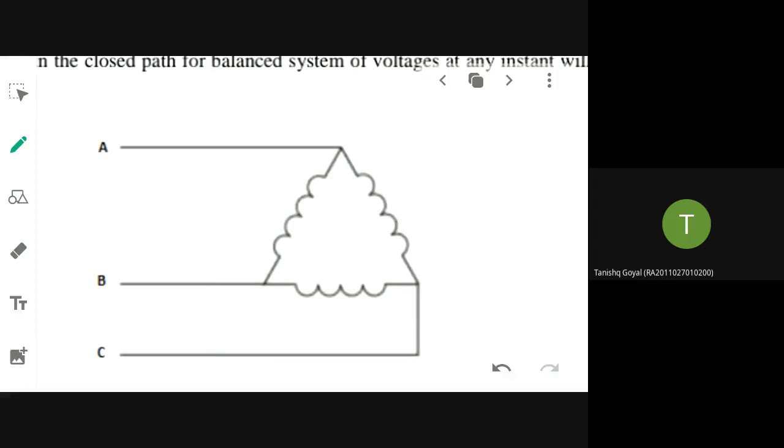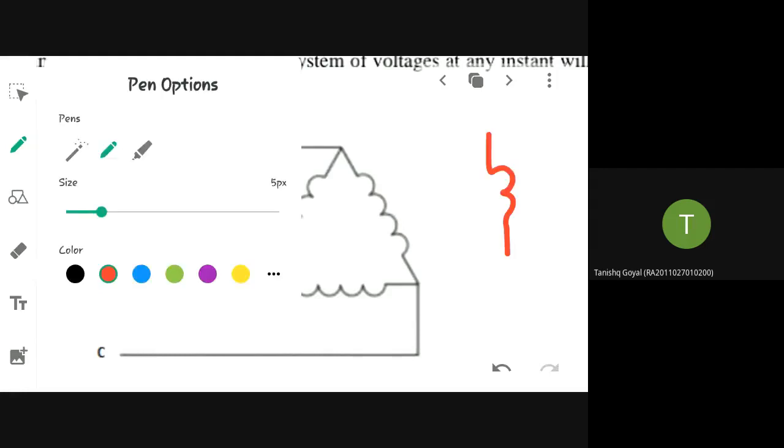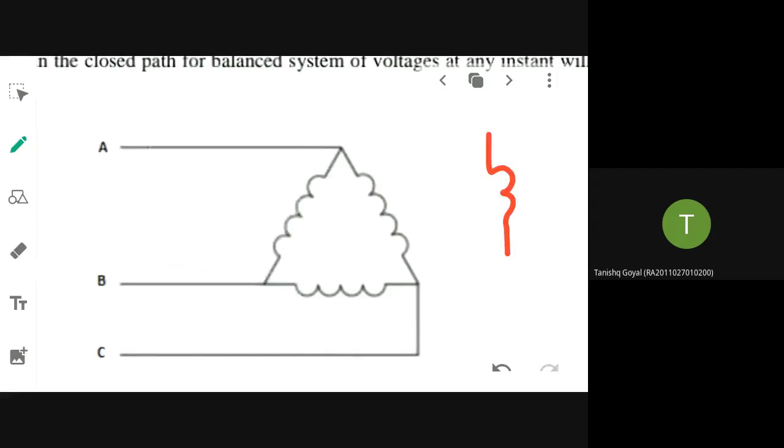See, it's not that you place all the wires and measure a 120-degree angle and then place the other wires. Not like that, Tanishk. These are just phases. What I am trying to tell you is that there are some voltage outputs generated at the end. Those voltages will have a 120-degree phase difference. That's the meaning. Understood? Yes, ma'am.